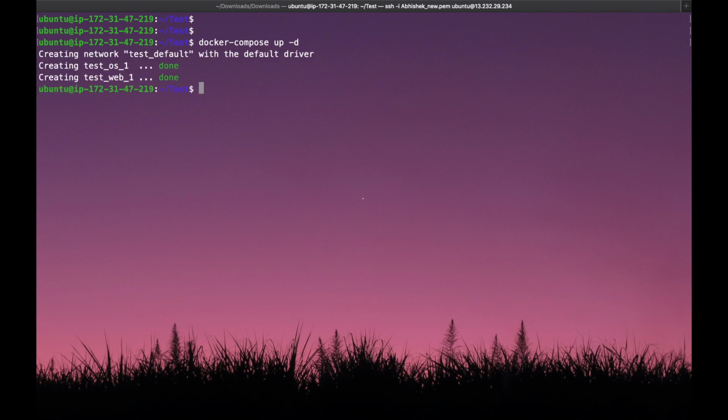We can see here it creates the containers named test_os_1 and test_web_1. We can see the images for Ubuntu and Nginx are already present on my machine, so it is not downloading from the hub repository. If you want to check the containers, we have the command docker